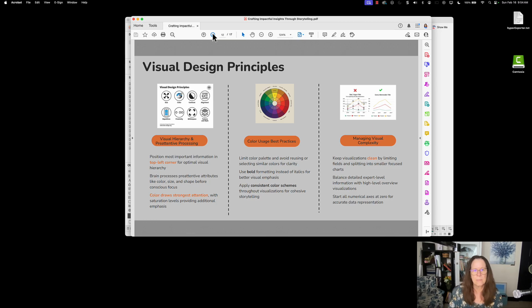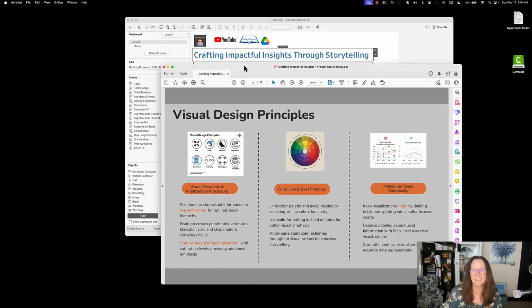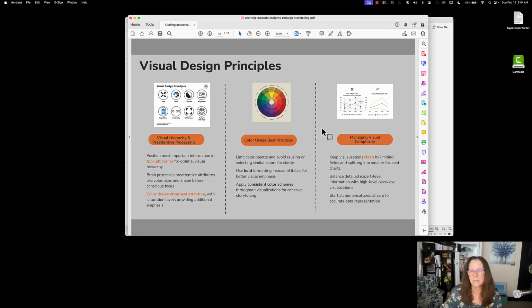So these visual design principles are that the golden spot on your dashboard is the top left corner. That's where people's eyes are drawn first. And that the strongest attention grabber is color. So you can gauge that for yourself as you look at this chart. Do you notice the colors first? And then there's also some suggestions here about keeping your charts clean and simple so that people can focus on